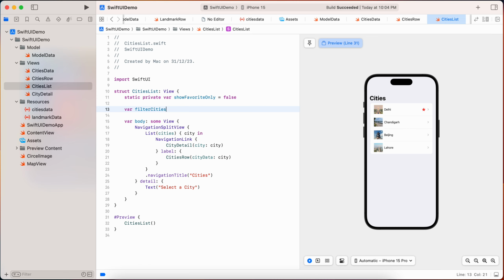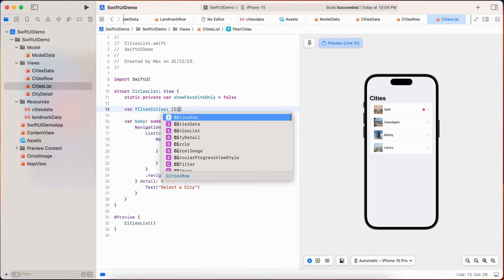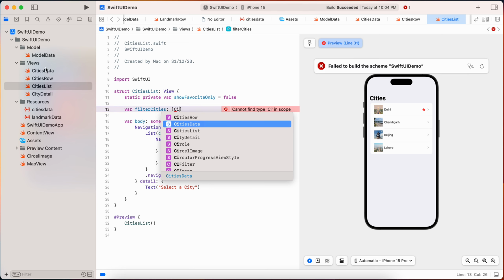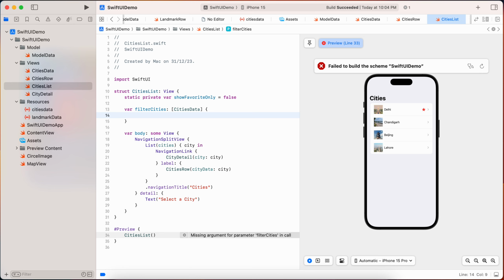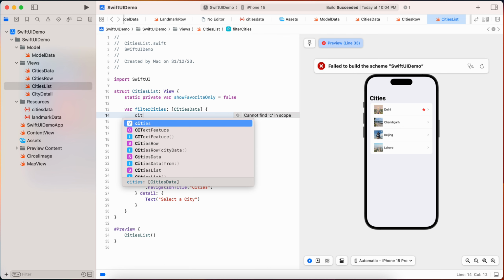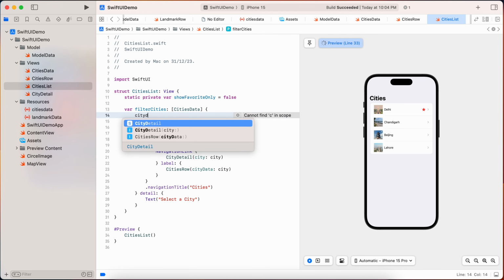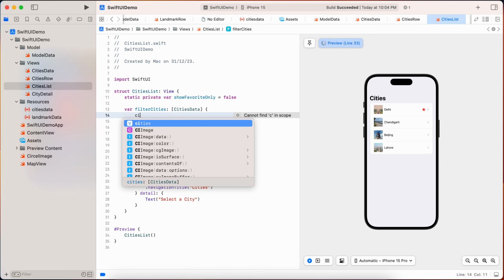So we will filter cities with the city data. So we have city data, and then we will specify city data